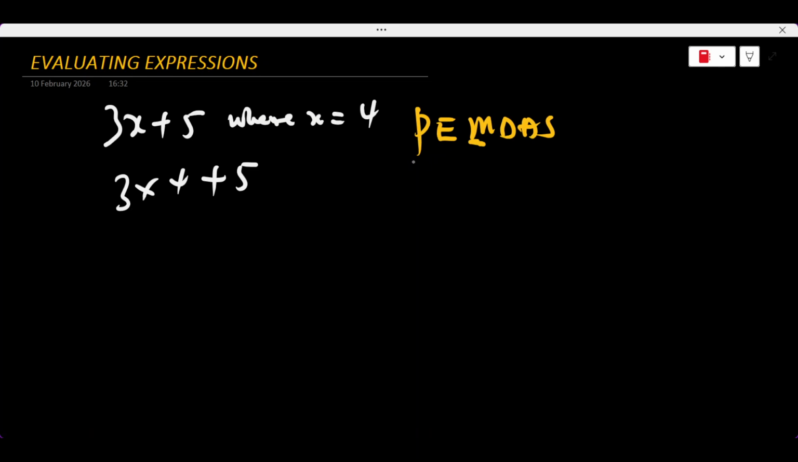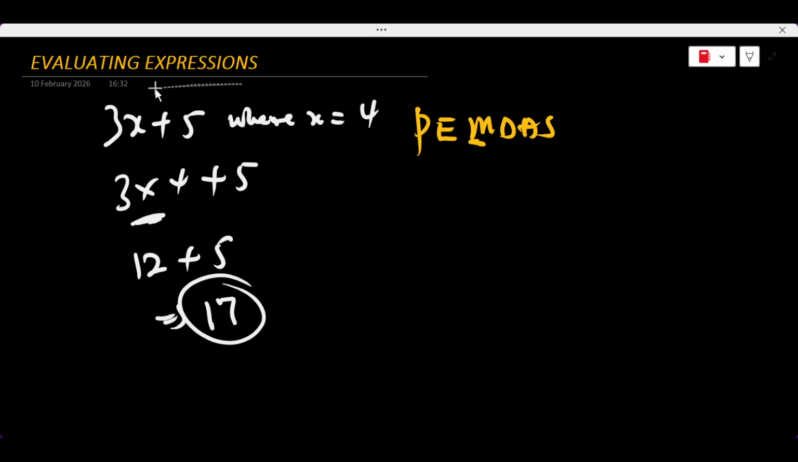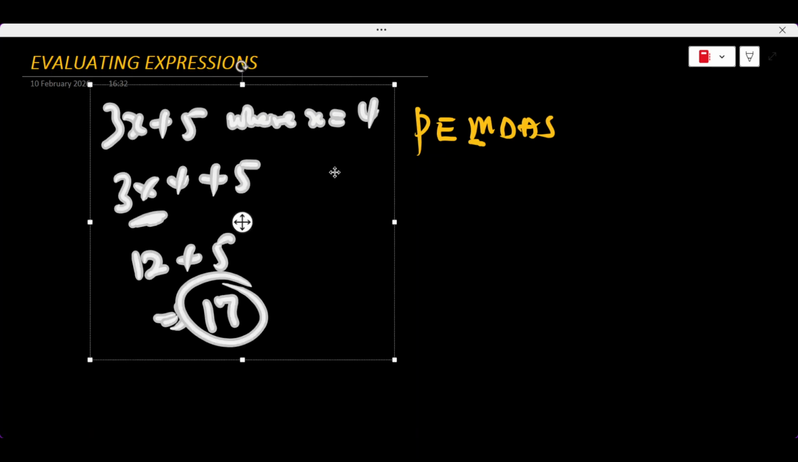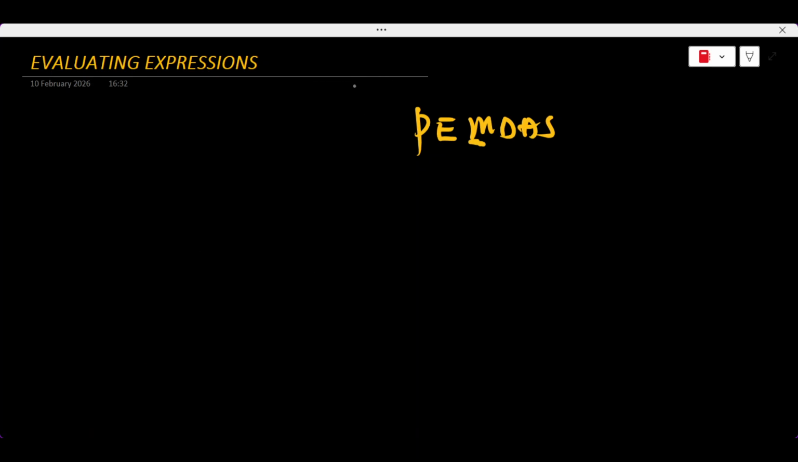Using PEMDAS, we don't have parentheses, we don't have exponent, but we have what? Multiplication. So we solve that first. 3 times 4 is 12 plus 5, giving us what? 17 as our final answer. All right, let's look at a bit harder example where we have